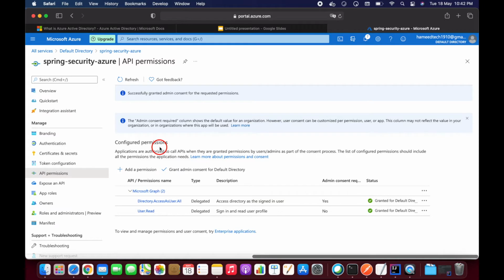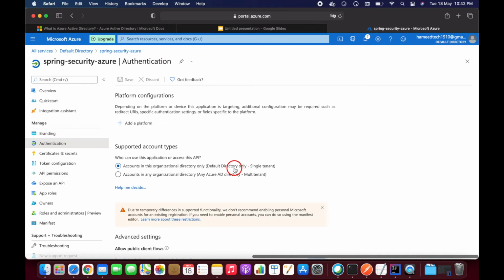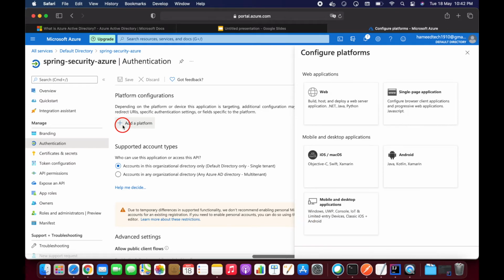Now come to authentication, and here we need to add the platform. Let's click on add platform, and here you will find different options, that is web and single page application. If you are using Java, .NET or Python, you can use web here.